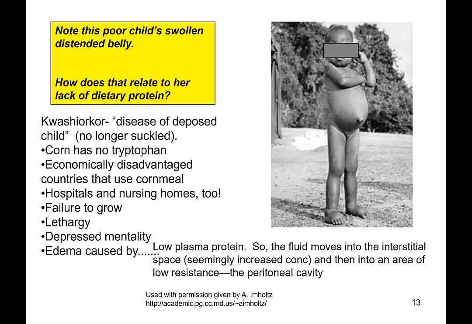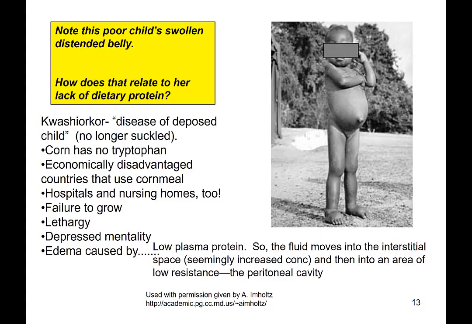So her liver is not getting all of the essential amino acids it needs in order to make this albumin. That means albumin quantities in her plasma decrease. That means the osmotic pressure in her plasma compartment is no longer 300 milliosmol. Let's say, just for discussion purposes, it drops down to 250 milliosmol. Now that means all of her other body fluid compartments are still at 300, while her plasma compartment is 250.